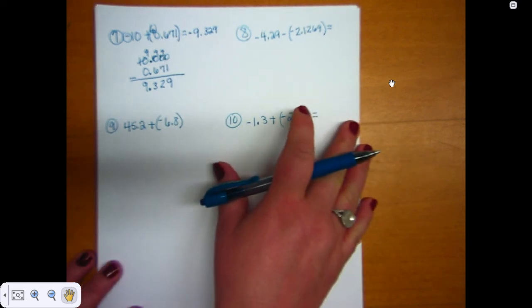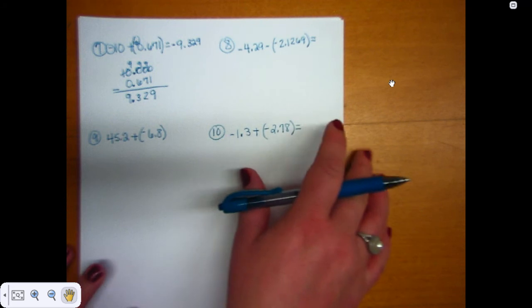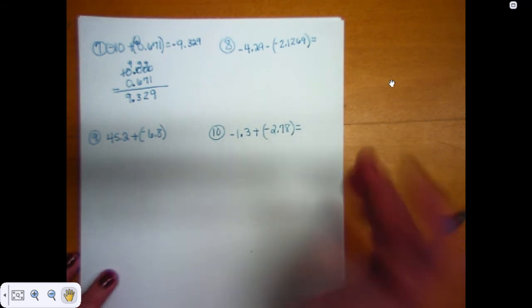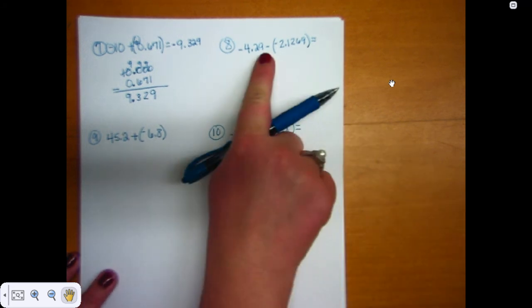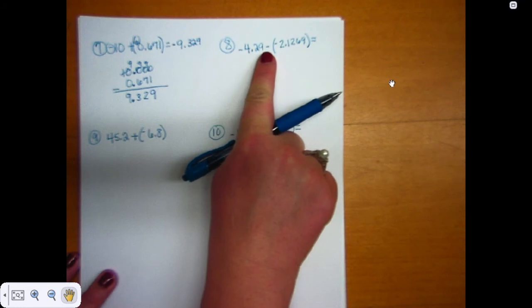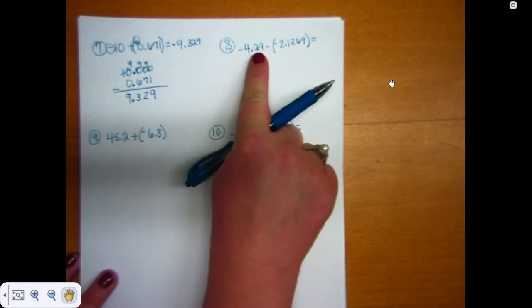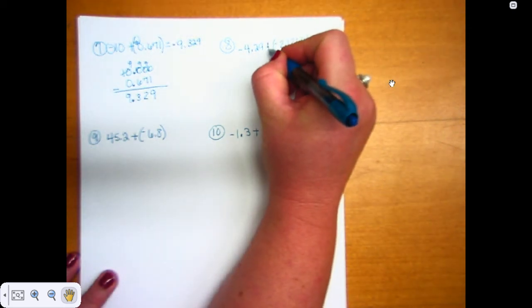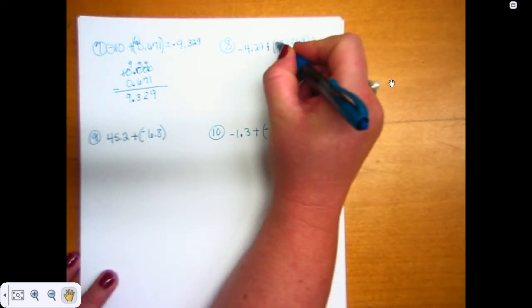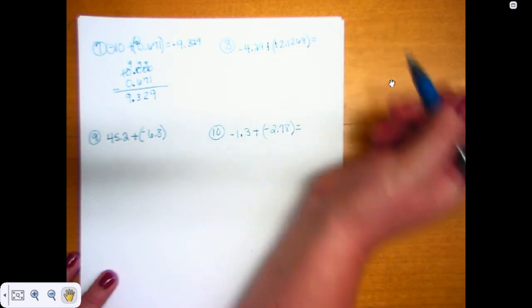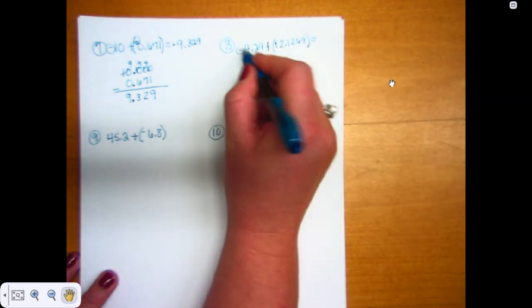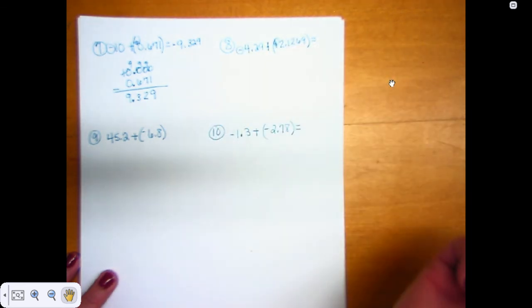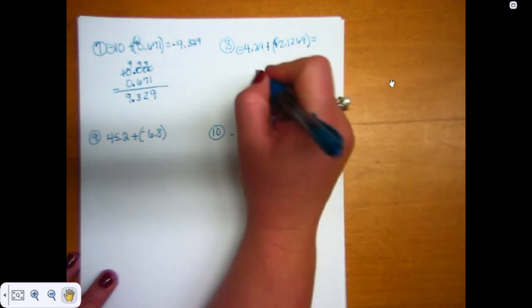Let's go to number 8. First thing I'm going to check is, is it an addition problem? It isn't, so that means I need to change to the opposite. Don't do anything to the first number. Change the subtraction sign to addition. Also change your negative sign to positive. Now, I can check my signs. They're different, which means I'm going to subtract. So I'm going to do